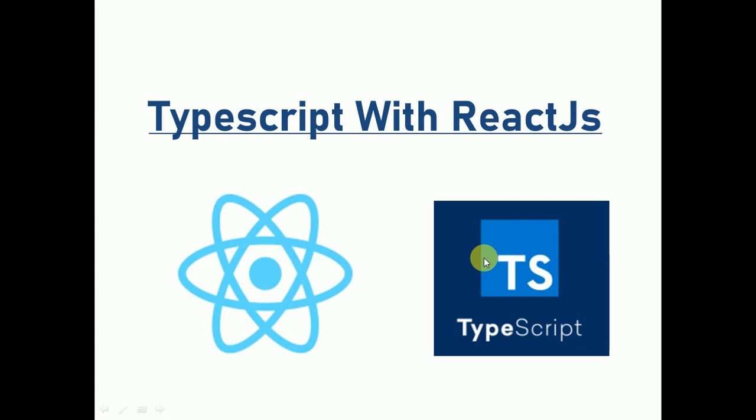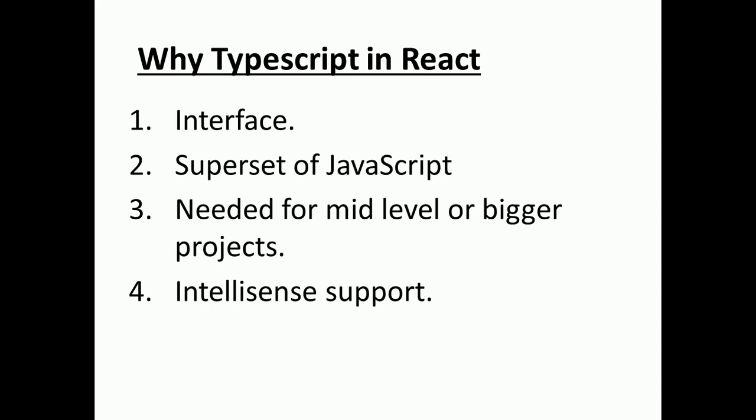So coming to the first advantage, it is a superset of JavaScript. As JavaScript is a dynamically typed language, we all know that it does not include any data types, which means we will not get any compile time errors. We will always get some JavaScript errors in the form of "cannot read property x of undefined". So here comes TypeScript, which will solve this issue. It adds type checking to your JavaScript code.